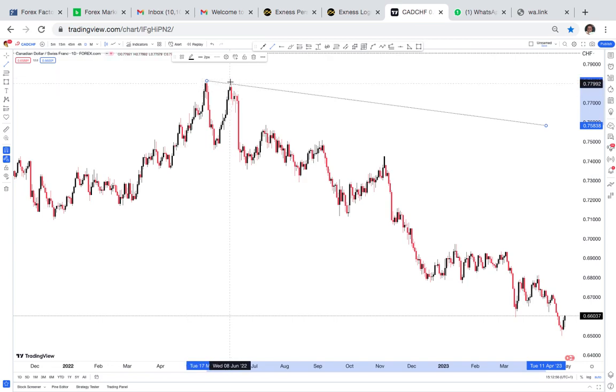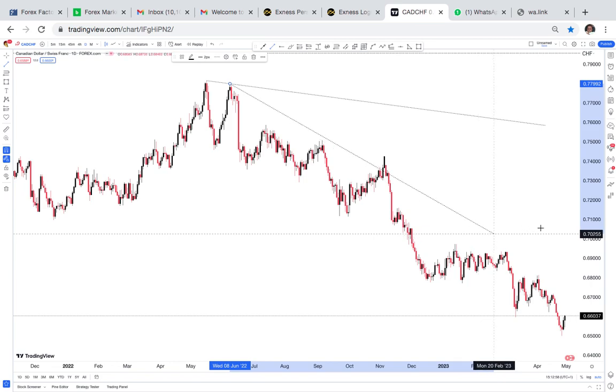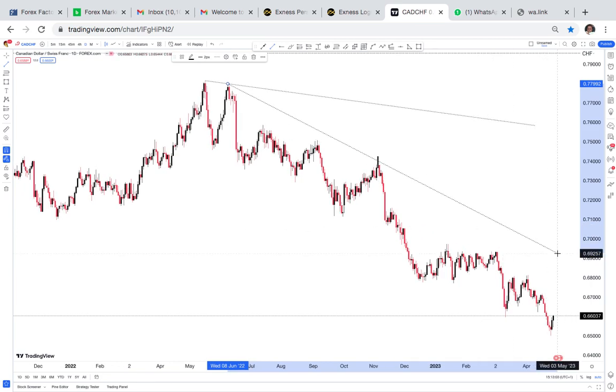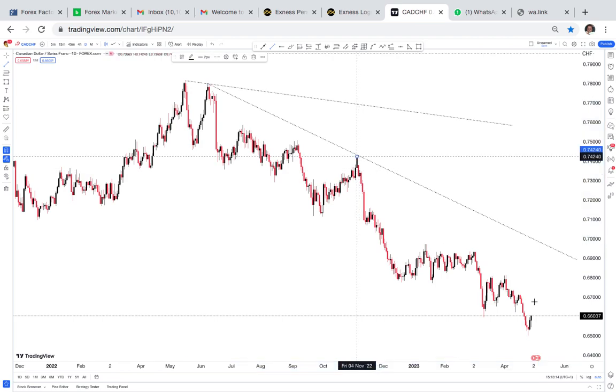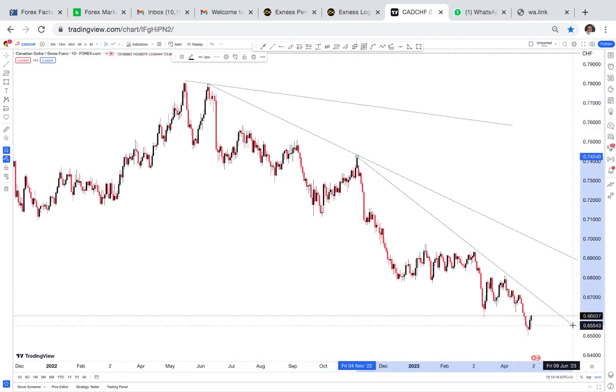This one that I'm drawing is just, I'm trying to look for trend setups for both buy and sell. Okay, so I have another one here that looks like it's correlating with all these ones here. So in all these zones,